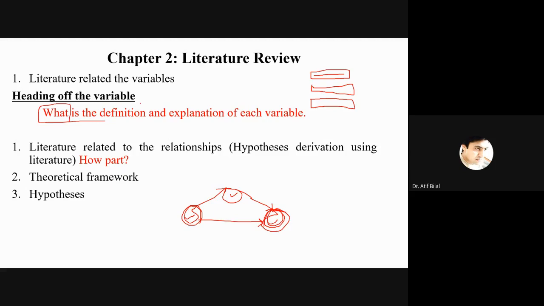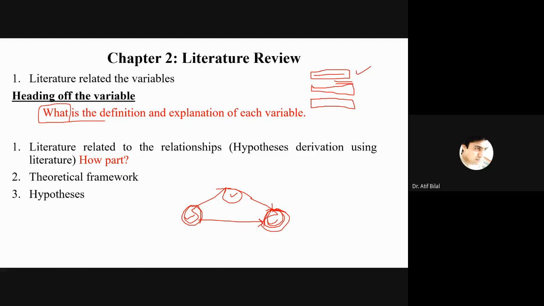So for each variable in your study, you will give a separate heading and you will discuss each variable, starting from the definition of the variable, how you define it, and then how previous research or different authors have defined the same variable. For example, if there are dimensions to this variable, you're going to discuss the dimensions. And then a little bit, you're going to talk about what has been studied, what has been known about